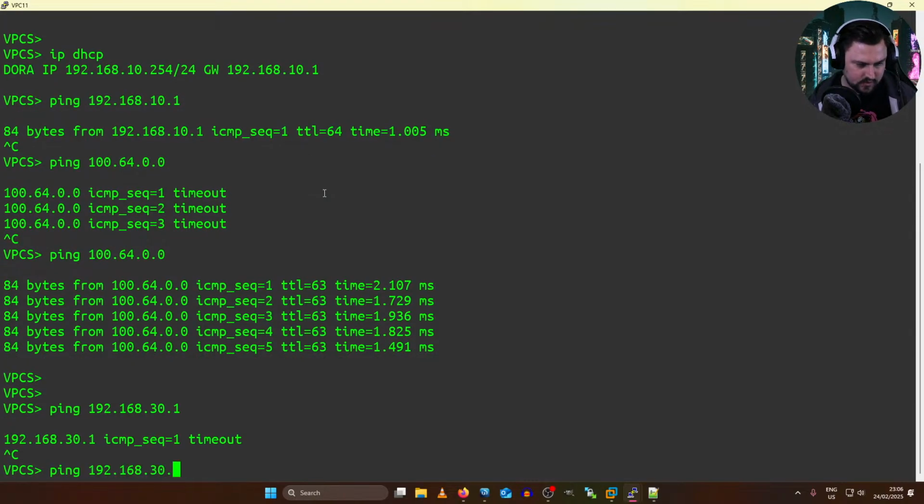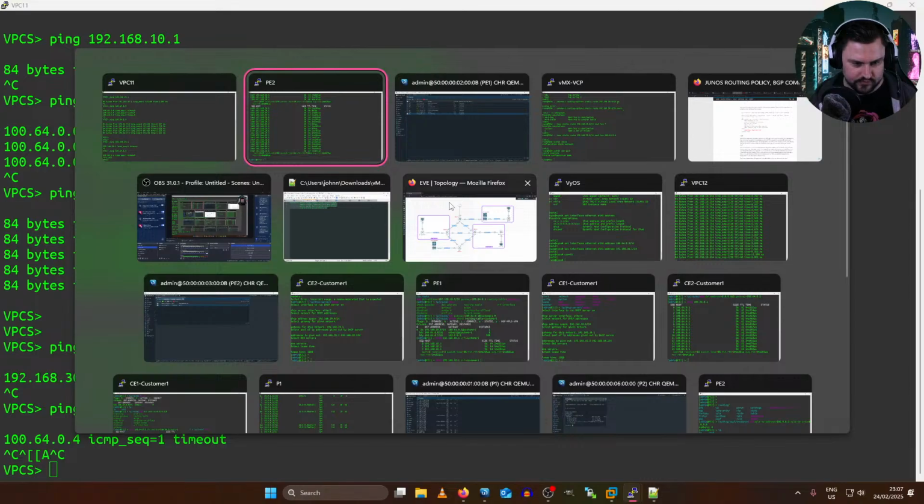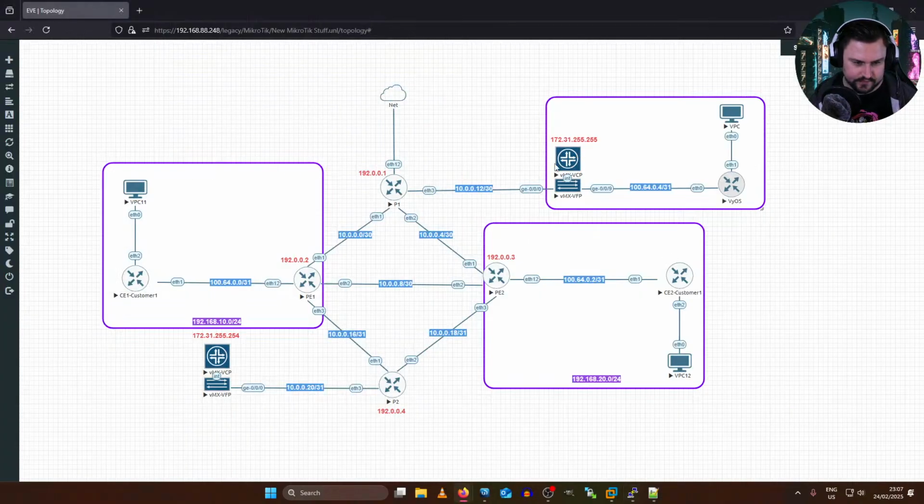All right. Can I ping 164.0.4? No. So I'm just having some issues getting to the Juniper stuff. So what can I do to tweak that or just force that?